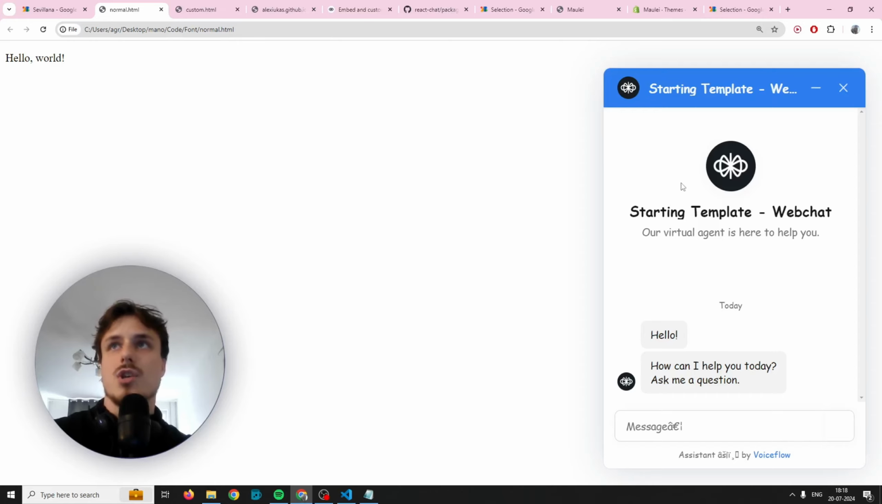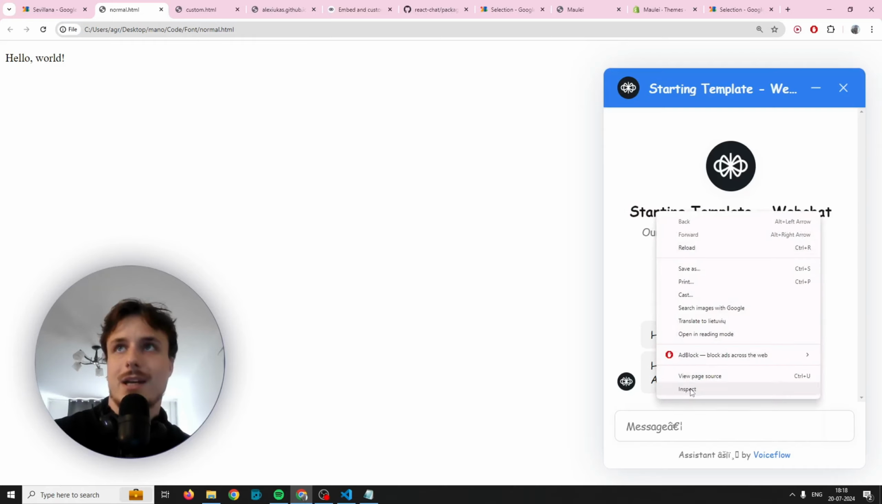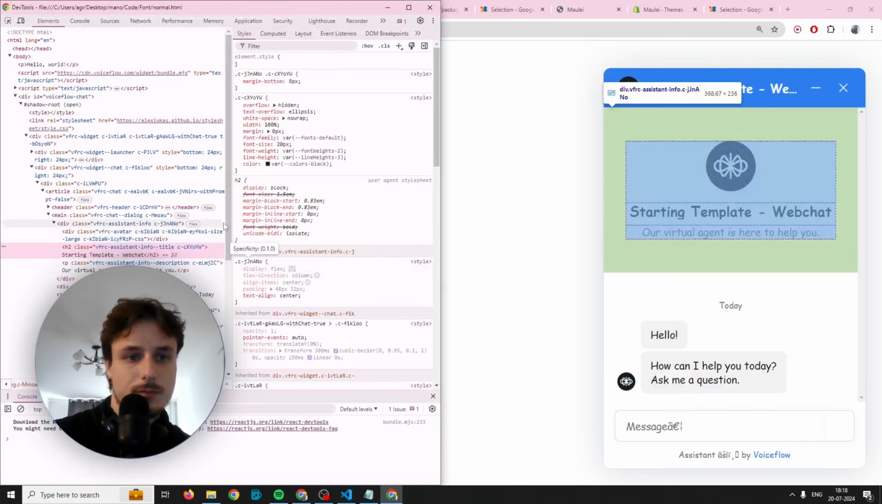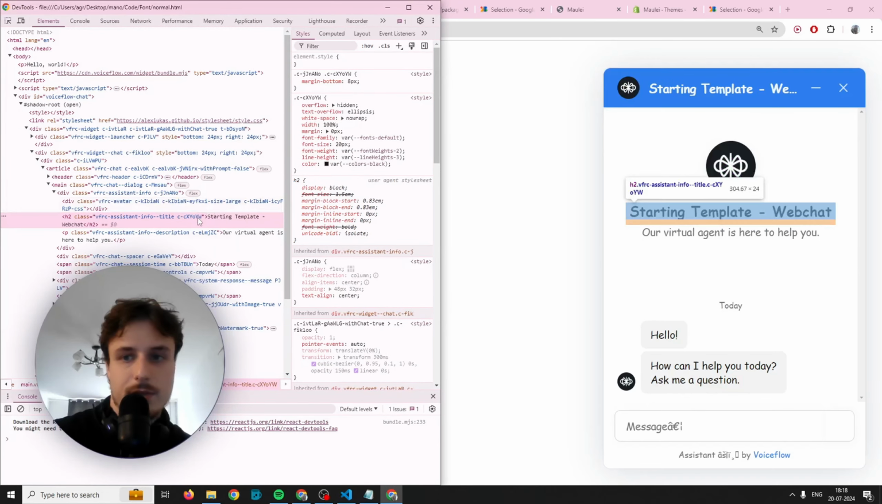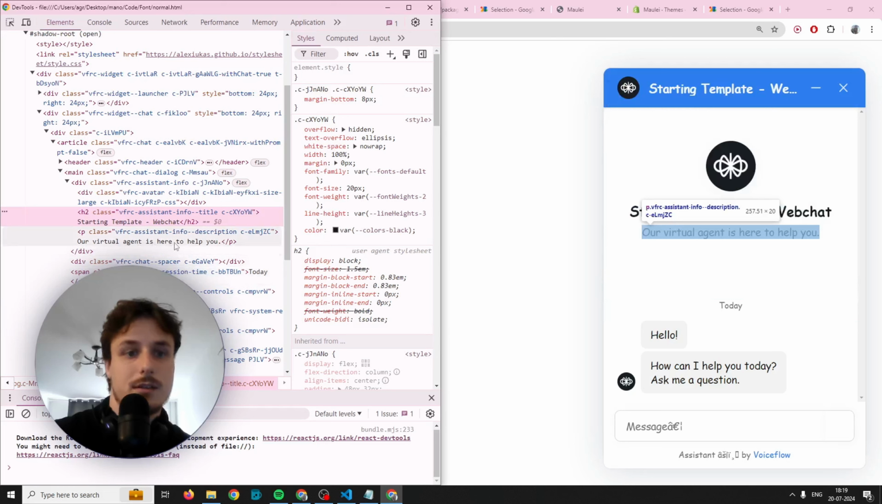Maybe you want to change only this part of the chatbot. So what you're gonna need to do, with the mouse cursor, hover over the text, press inspect, and as you can see, this part is named like VCR, I'll try to zoom in, assistant title. So just copy this part,